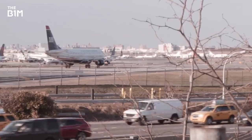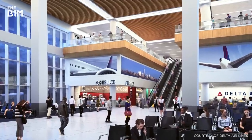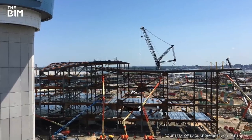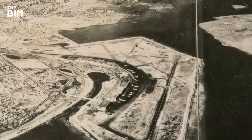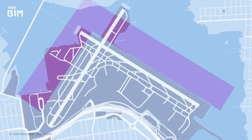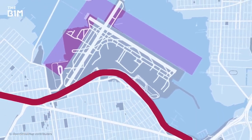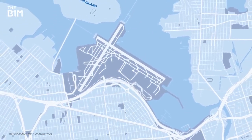But anyone who knows LaGuardia will realise it's going to take more than one new terminal to solve this airport's problems. Many of its challenges are somewhat baked in and kind of stem from what first made LaGuardia an attractive spot for an airfield back in the 1930s. With a sea border on 2 sides, LaGuardia is also hemmed in by the Grand Central Parkway to the south,